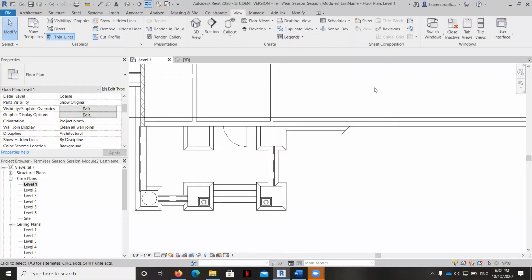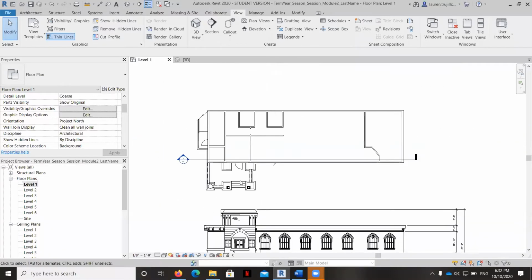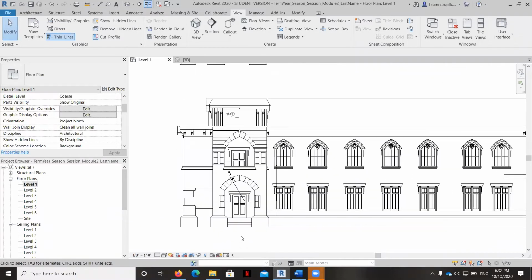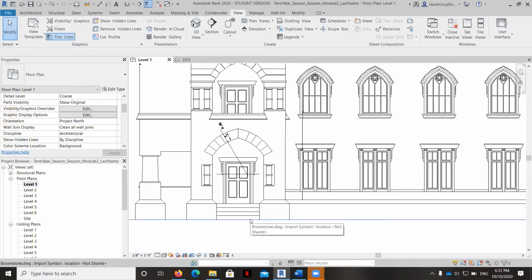In this video, I'm going to teach you how to draw stairs. And our building actually has two sets of stairs, and we're going to start with the more simple one. You can see there's a set of stairs right here, and if you look at it from the front, this is a very simple staircase. It starts at the first level and goes up to the second level, and the stairs themselves will die into the base of these columns.